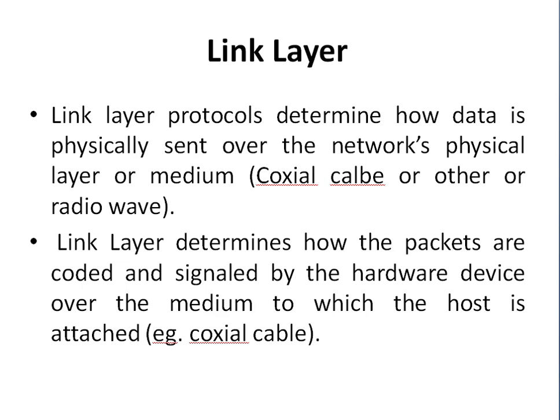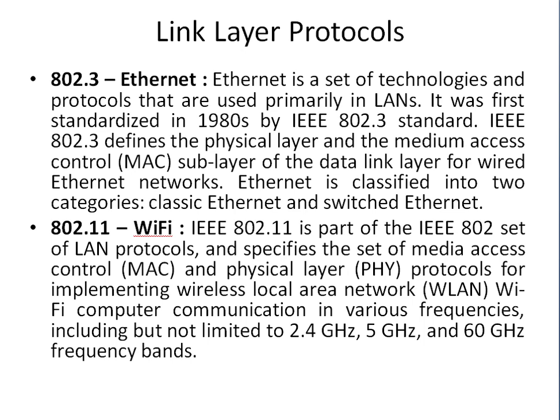The link layer protocol determines how the data is physically sent over the network's physical layer or medium, such as coaxial cable or radio wave. The link layer determines how the packets are coded and signaled by the hardware device over the medium to which the host is attached. And 802.3 Ethernet: Ethernet is a set of technologies and protocols that are used